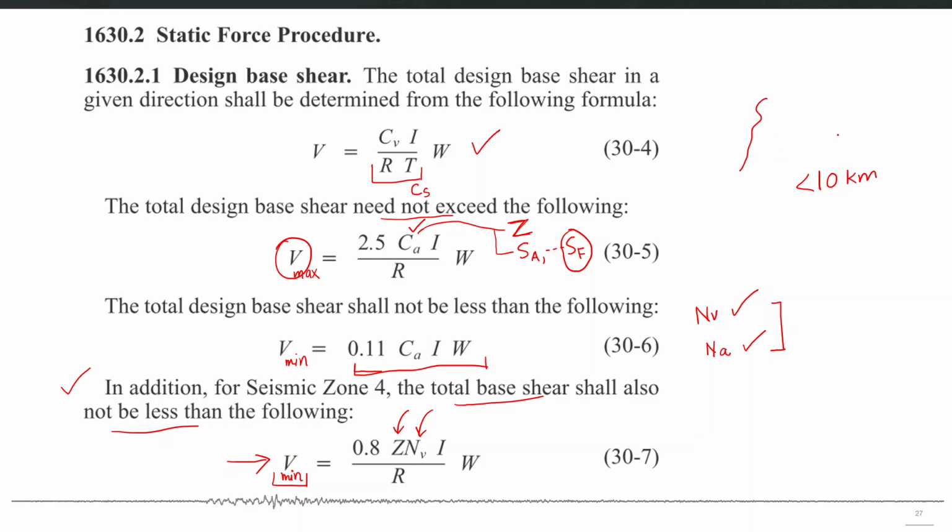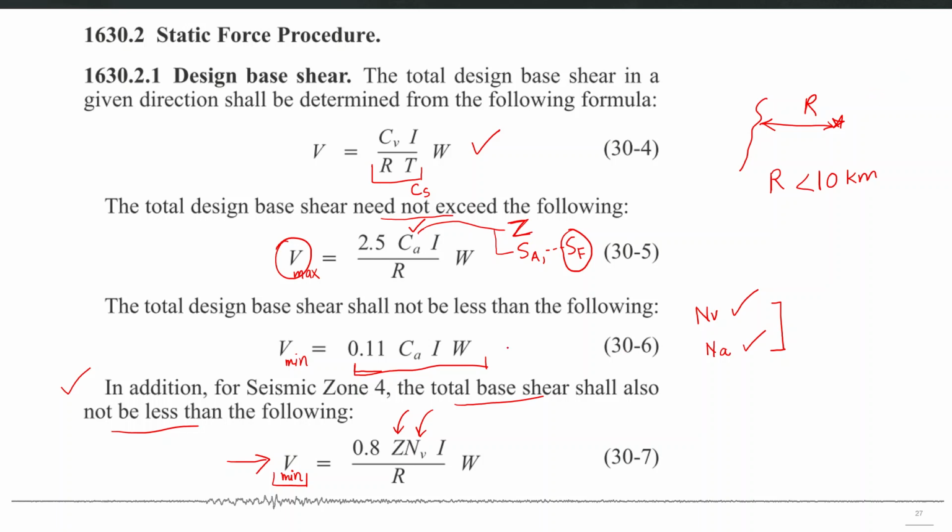your source to site distance, for example, this is the seismic source, this is your site, and the minimum distance from source to site is less than 10 kilometers R, then you can experience a special kind of ground motion which is called the near source pulse-like ground motion. And those special ground motions have an effect called the directivity effects, and under those special ground motions the response of the structure can be significantly different from the regular kind of ground motions which we experience if our site is away from the source.